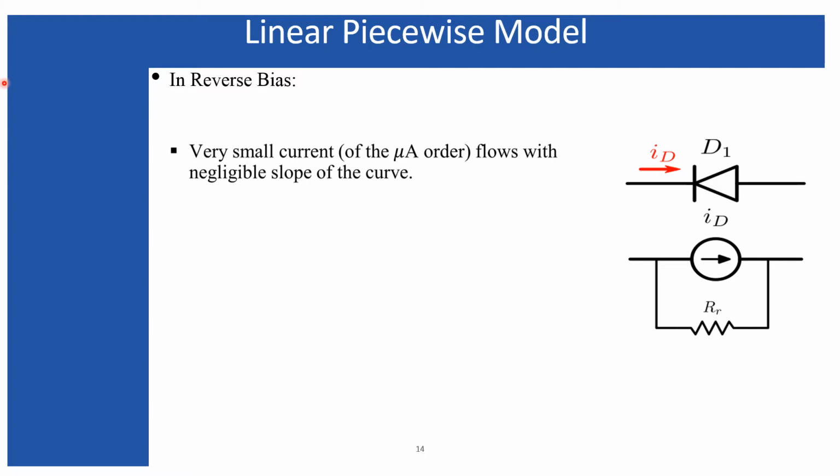Now, since this diode maintains a slope almost parallel to the x-axis, we may consider that the current is approximately constant, and we may model it by a straight line parallel to the x-axis. So the diode can be replaced by a constant current source, and the direction of the current is the same as the original direction of the current. That means due to the minority carriers, the current was directed for the original diode along this direction. So therefore, I have replaced the current source along this direction also. That means from N to P side.